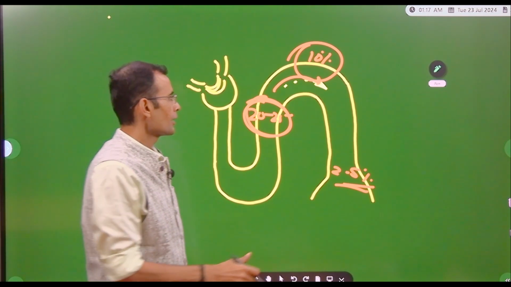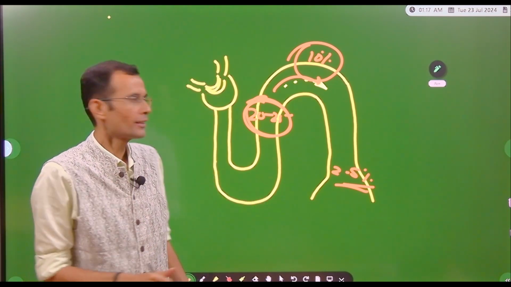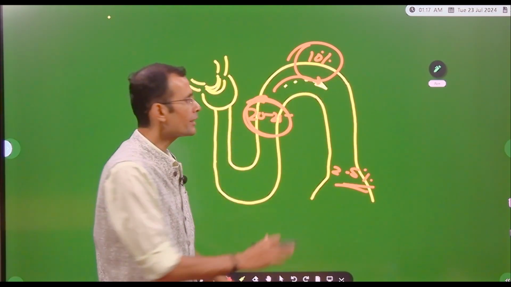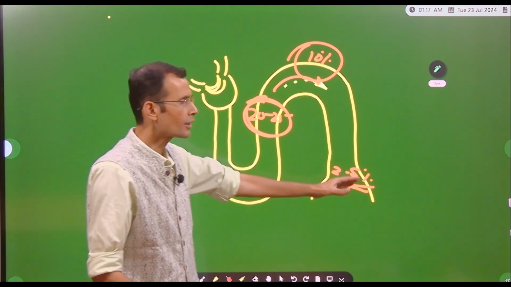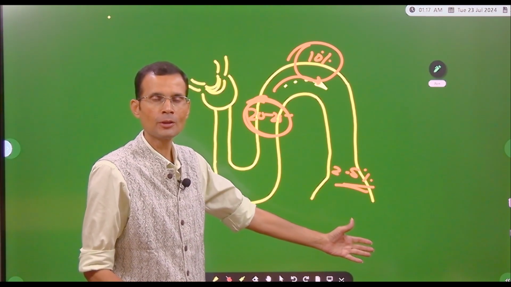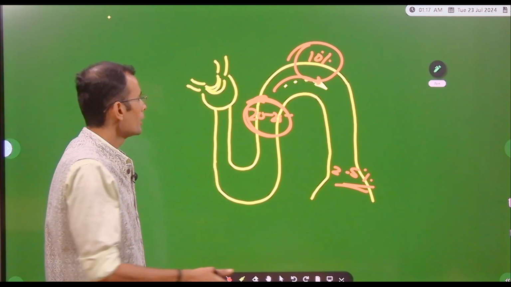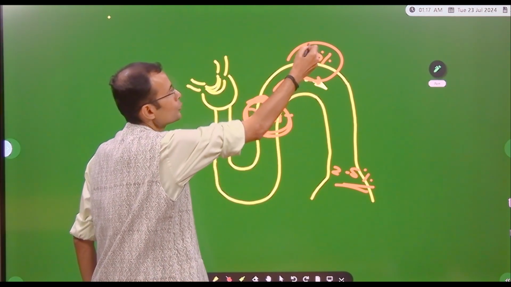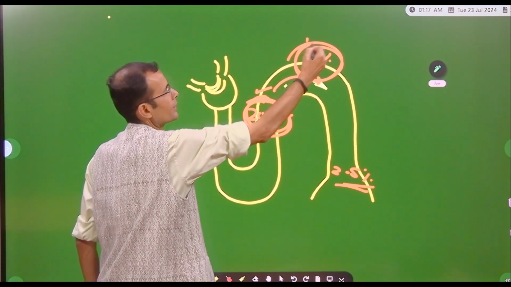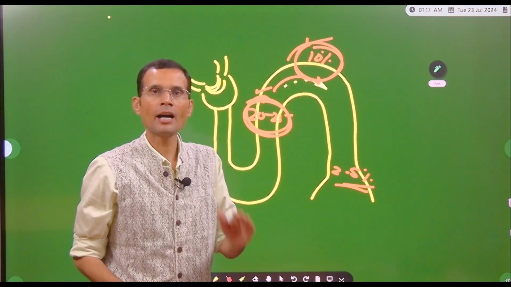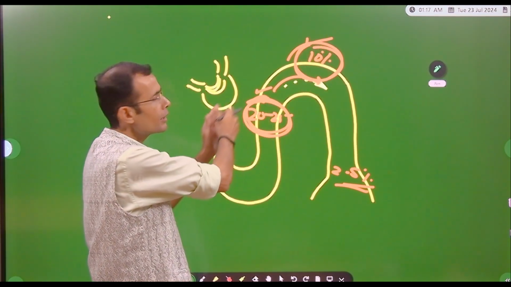But there is a qualitative difference. Quantitatively, the collecting duct and the action of potassium sparing diuretics appear weak, but there is a qualitative difference. Look, these two, the loop diuretics and the thiazide diuretics, they are acting in the earlier parts